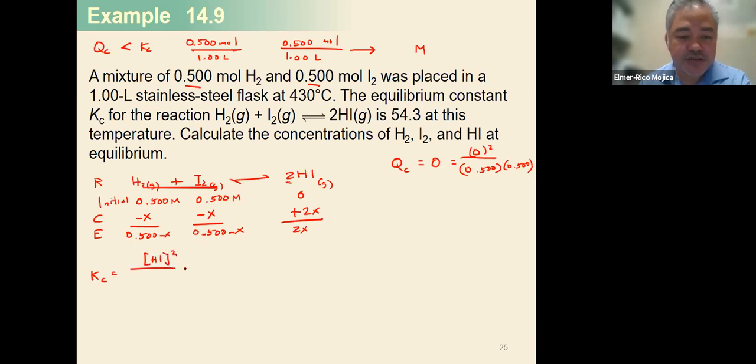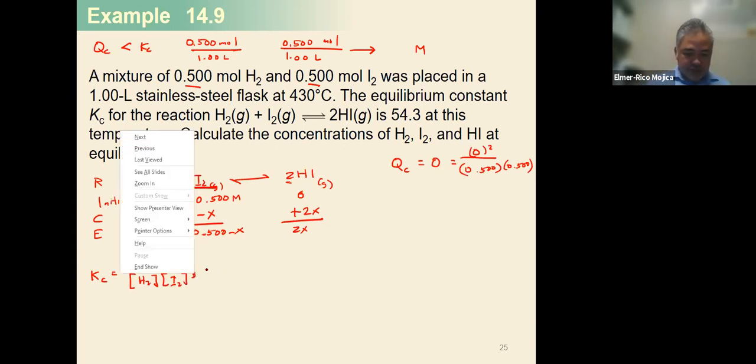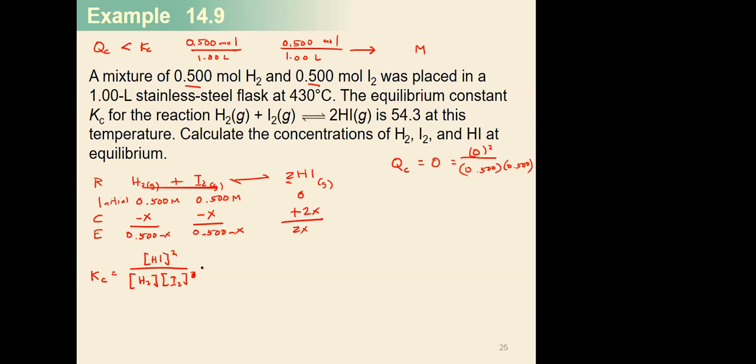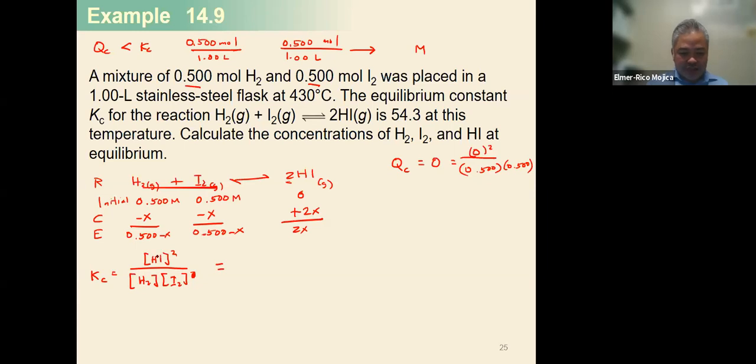Hi squared over H2 times I2. Or not to the, just none. So I hope you follow at least this one here. The next thing that you're going to do is you're going to replace this expression with whatever you can find